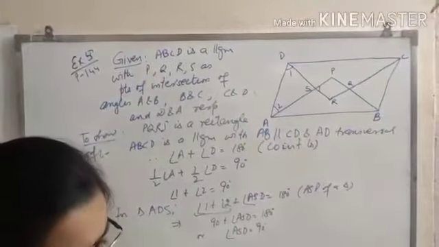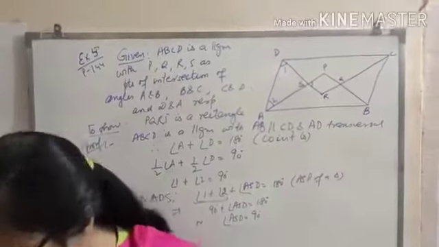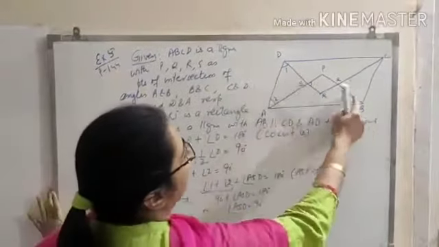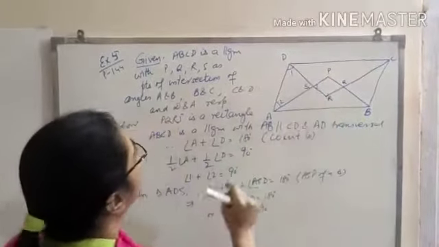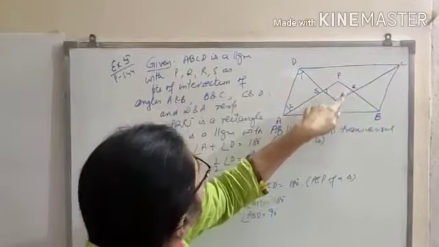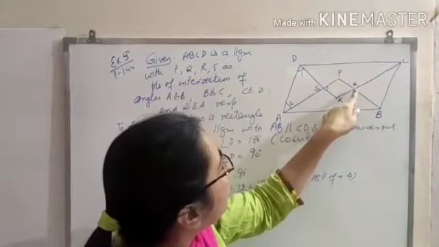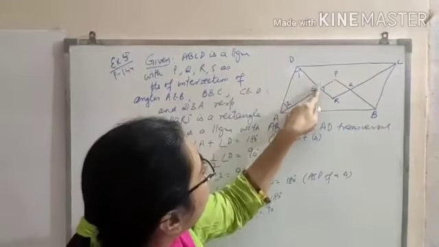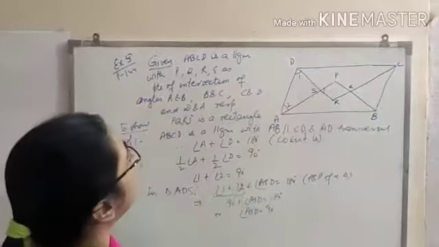Fifth example, show that the bisectors of angles of a parallelogram form a rectangle. Now you are given ABCD is a parallelogram and the bisectors of these angles A and B are forming these points and it forms a rectangle. ABCD is a parallelogram with PQRS the points of intersection of the angle bisectors. Angle bisectors of A and B intersect at P, B and C intersect at Q, C and D intersect at R, and D and A intersect at S. So the quadrilateral formed is a rectangle. You have to show PQRS is a rectangle.